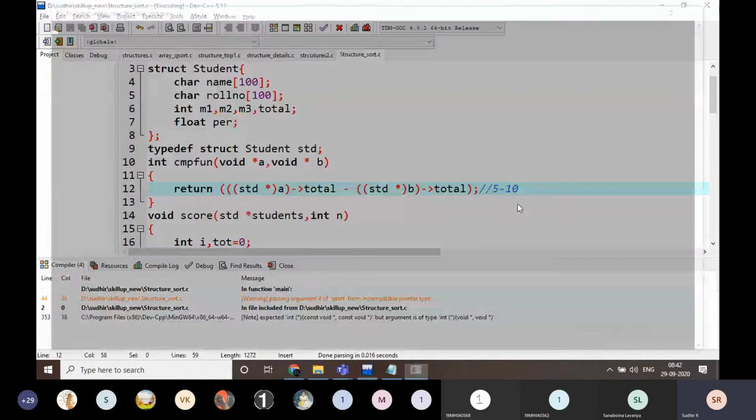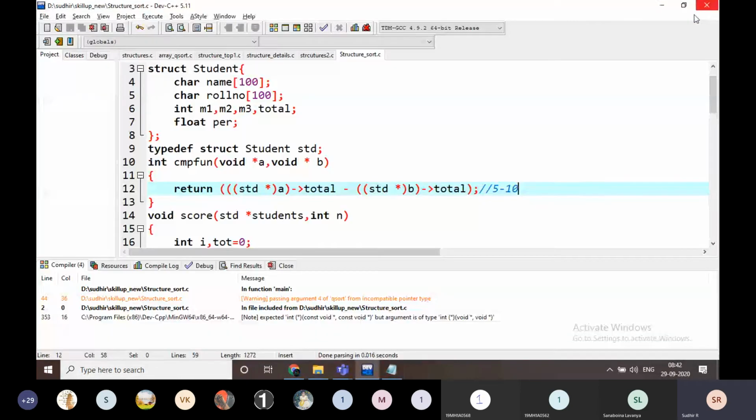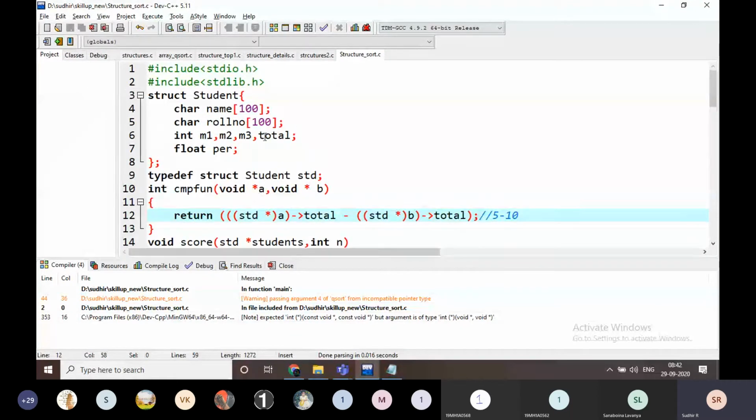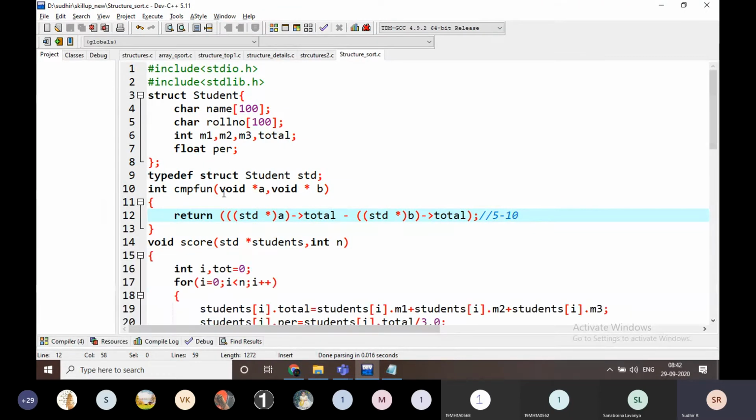For example, if I am going to execute it, some mistake is there. What is that? Q sort. If you want Q sort, incompatible pointer type, just maintain some constant here. Const. Okay, no problem for that.